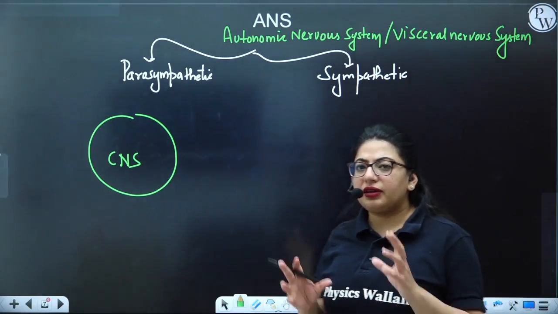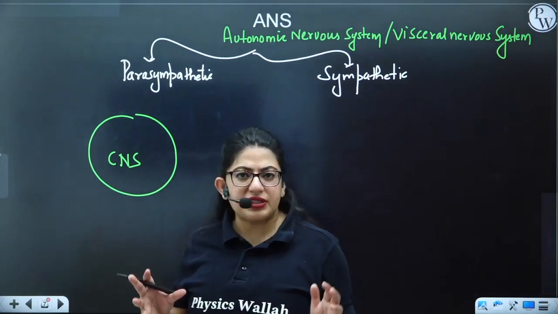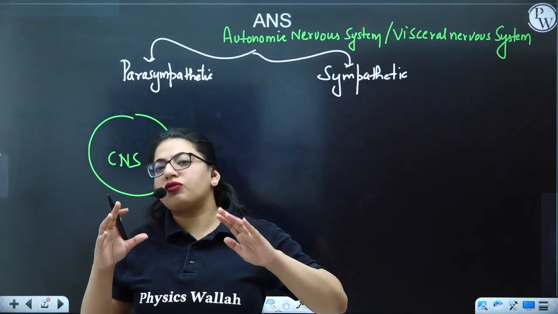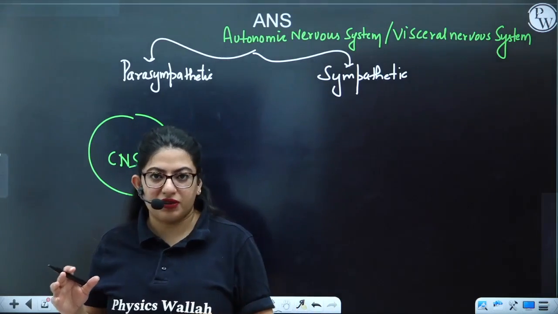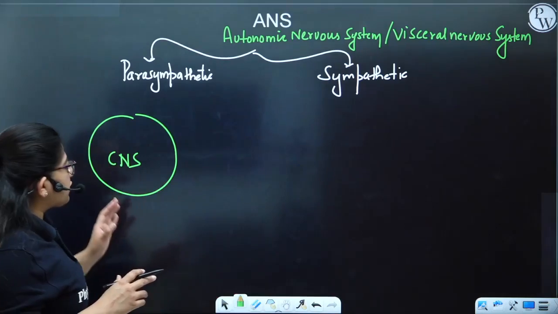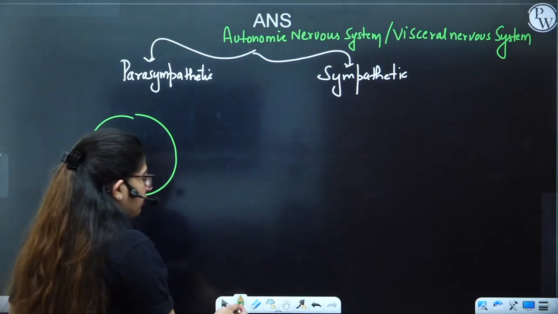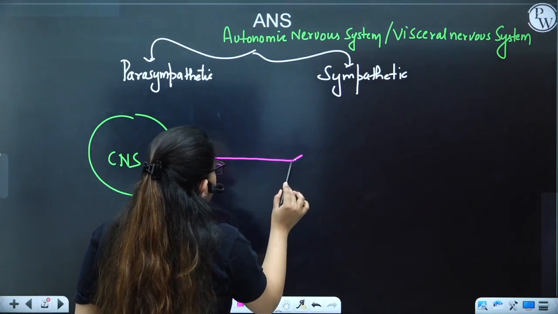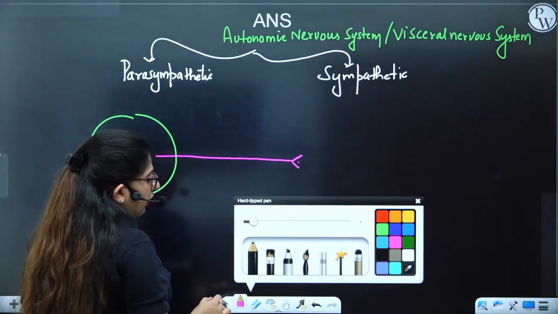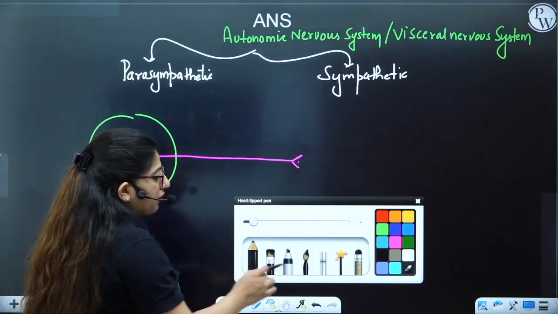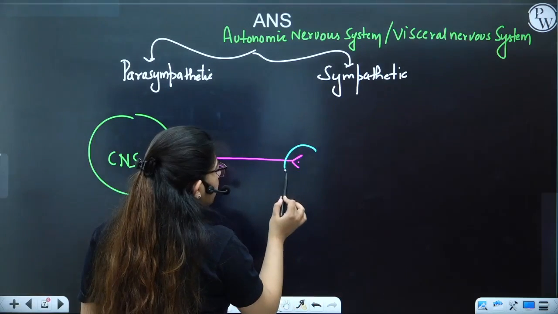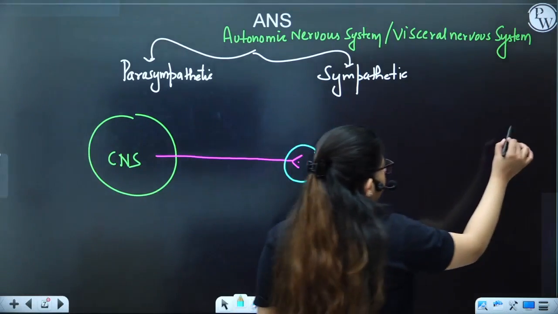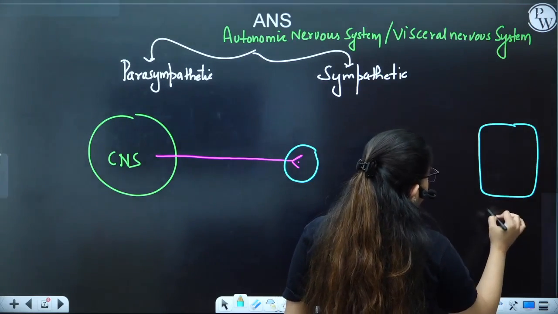So technically, ANS or autonomic nervous system is a part of the peripheral nervous system, and the peripheral nervous system involves all the nerves that arise from the central nervous system. Okay, so from the central nervous system the nerves are emerging, and these nerves definitely will be carrying the neurons. These neurons are not long enough, so they have to go somewhere and give a halt. For example, if this is your visceral organ here,